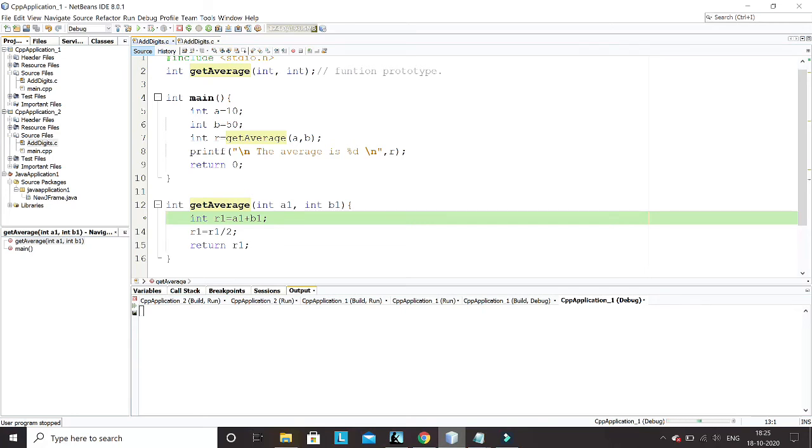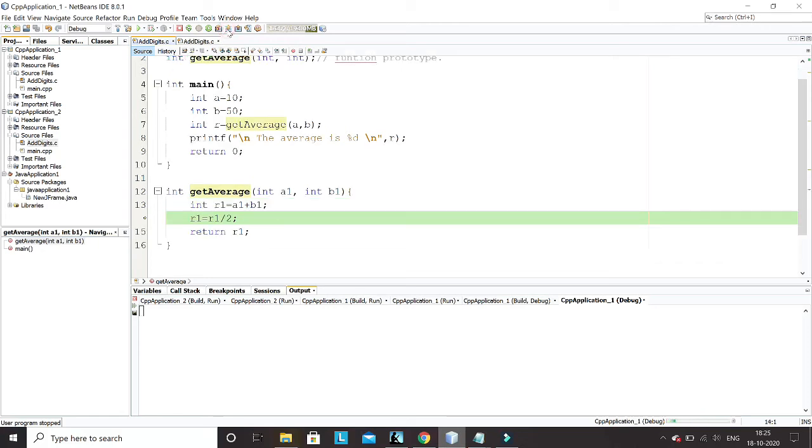Now if you check the value of a1, it is 10, and the value of b1 is 50. Why is it like this? Because you have jumped from here to here, since you called this function. When you call this function, you have passed two parameters, a and b. The value of a is 10, so that value is copied to a1, and the value of b was 50, so that value is copied to b1. Now if you execute this line, a1 plus b1 will be 60.